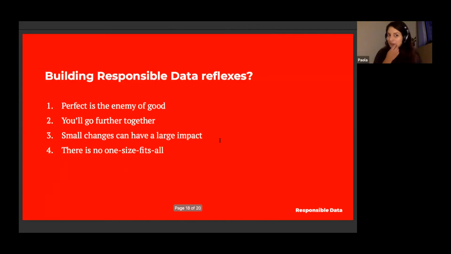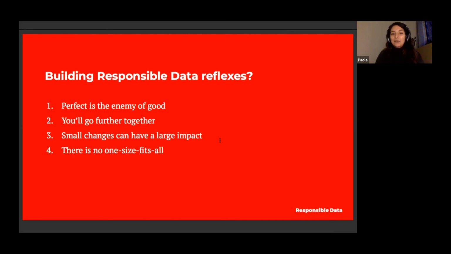Great. Well, thank you. And thank you everyone for your really wise suggestions. I know I learned a lot. So we've come to almost the end of our session. To wrap us up, a few words on what it means to actually build responsible data reflexes. There are 4 things. If you remember one slide from this entire workshop, I want it to be this one,